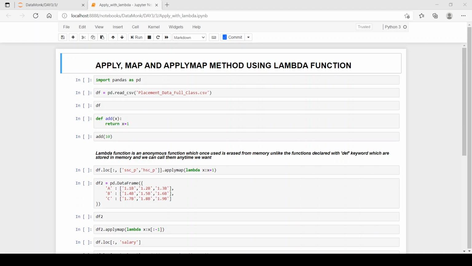Hi, I am from DataMonk and the topic for today's video is applymap and apply method using lambda